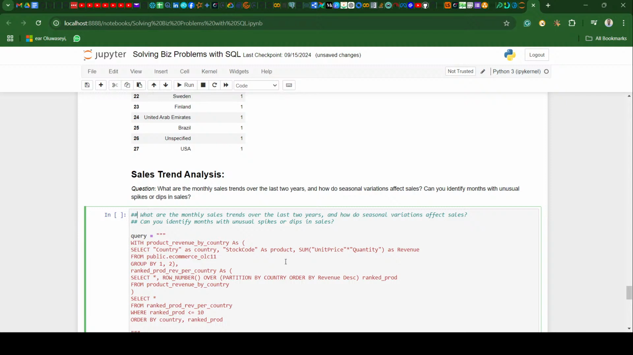All right, for the monthly sales trend, definitely you have to classify the sales trend into months. I'm going to do this. I'll call it monthly revenue. We don't know about CTEs, common table expressions. This is how to write a CTE using the WITH statement. So with monthly revenue as